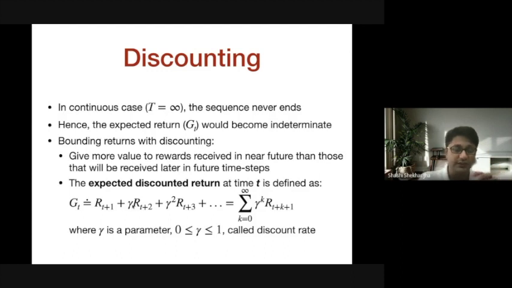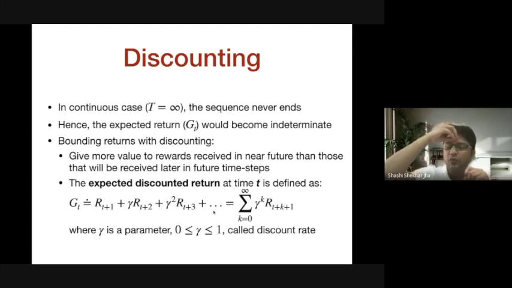What is the effect of this? Well, since gamma is a value between 0 and 1, if you keep on increasing the power of gamma, the value will become smaller, smaller, and smaller. That means if I multiply the future rewards like this and take the sum, then the rewards that appear very late, after let's say the 10th or 15th time step, and let's say gamma is 0.5, the value will be 0.5 raised to power 15 multiplied by the reward.